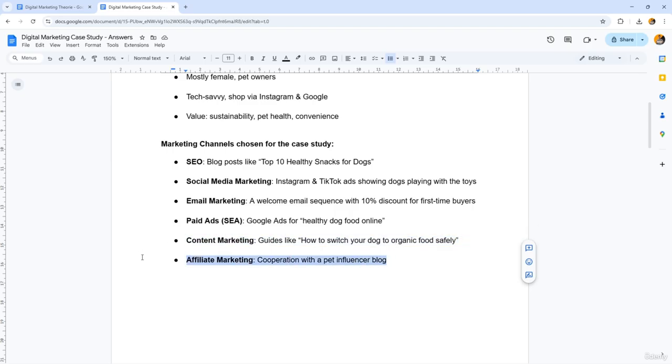And this is a bit more advanced, but I just put it here: affiliate marketing. This is quite easy to install with Shopify. I'm not too familiar with other blog platforms or e-commerce websites like WordPress with WooCommerce or Wix. I don't know how that works specifically there, but you can offer maybe 10% revenue for affiliates. So whenever someone promotes your product with a specialized, personalized link for this person, they get 10% of the revenue,